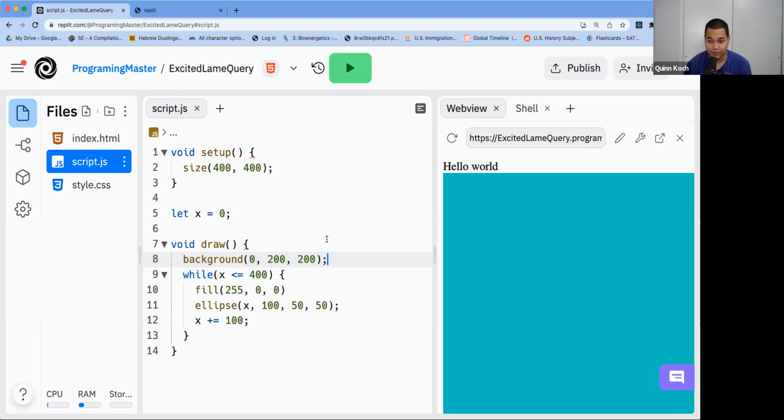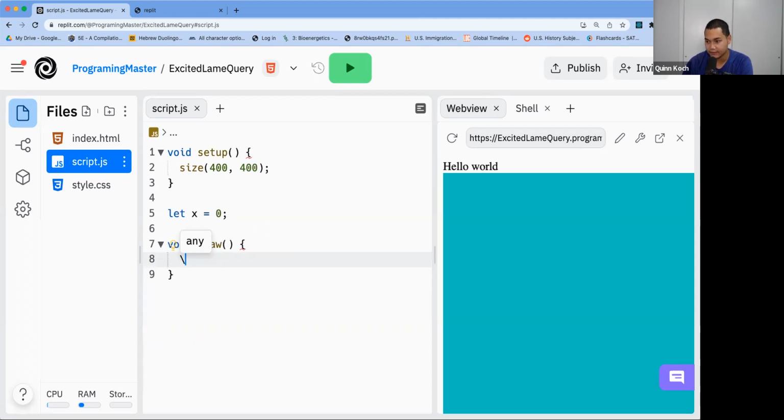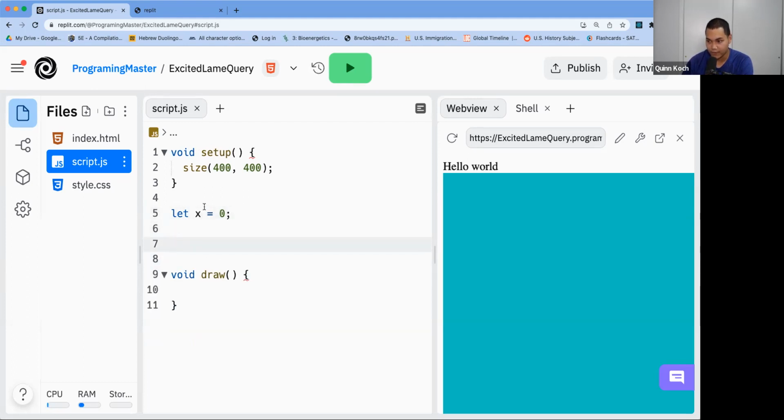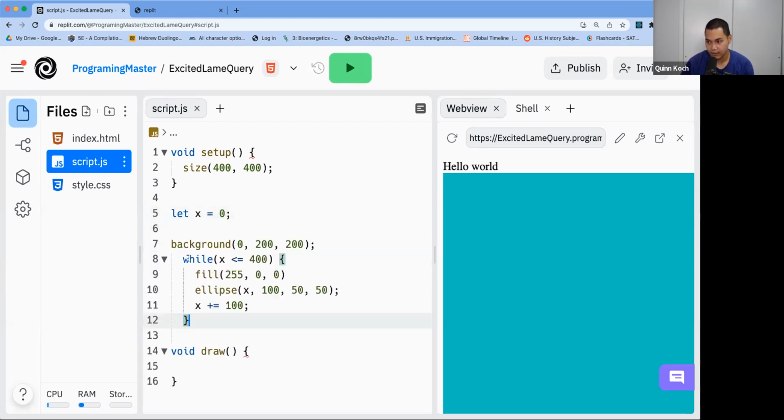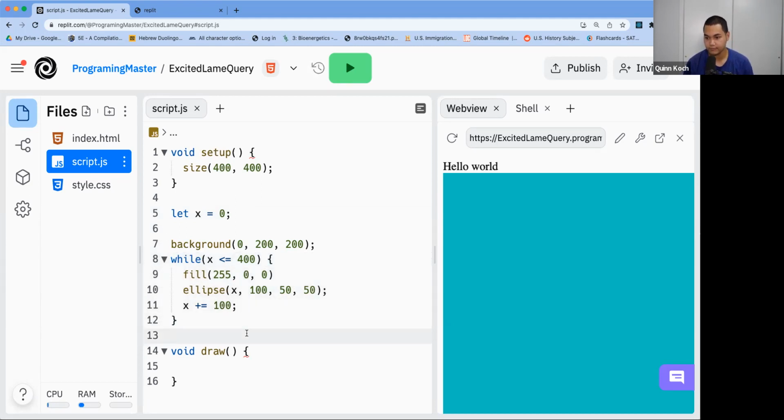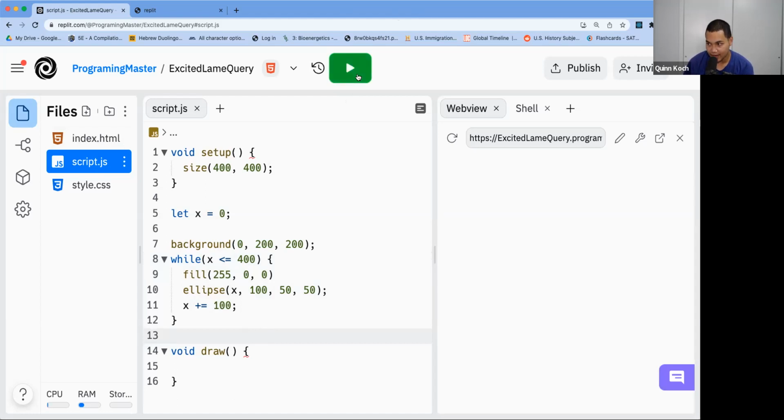It's okay if you didn't completely understand that. Just know that if you're using while loops, it's probably a good idea to copy my code inside the draw function and delete it. No more code in the draw function, and I'm going to paste it right below the x variable here, just like that. And now, if I run it,